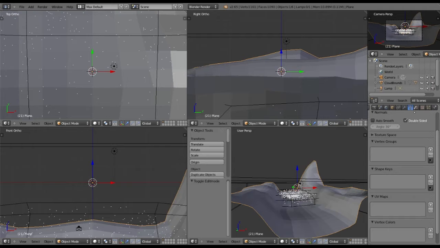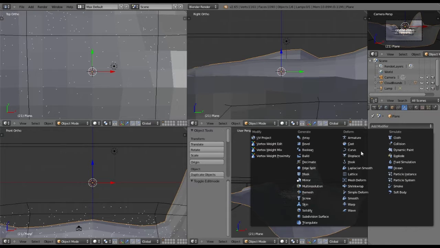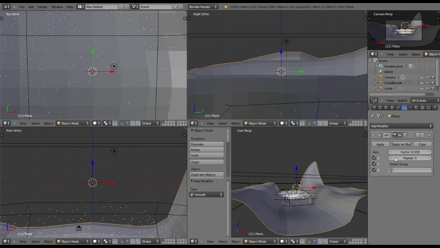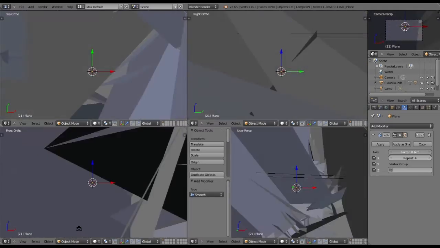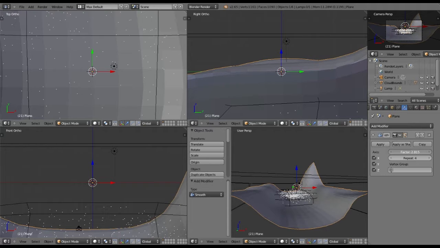The subdivide smoothed it out a little bit more, but there's still more that I want to do, and there should be somewhere here a deform smooth, and this just really puts in the final smoothing. And as you see, the higher your factor, you really don't want to go much past